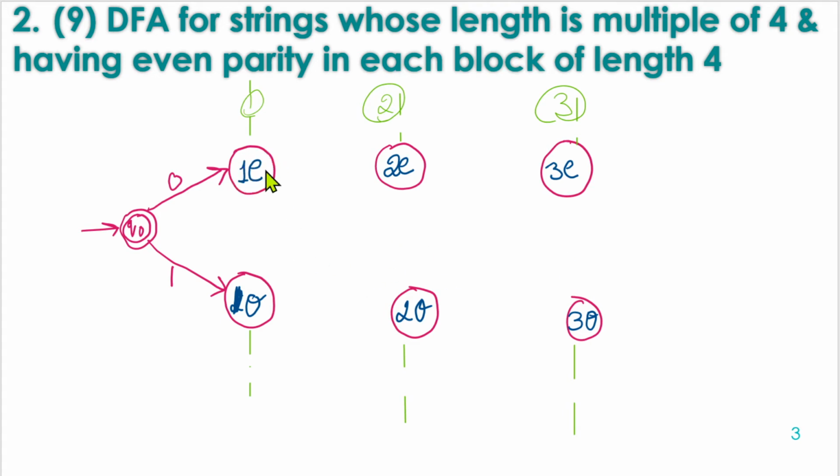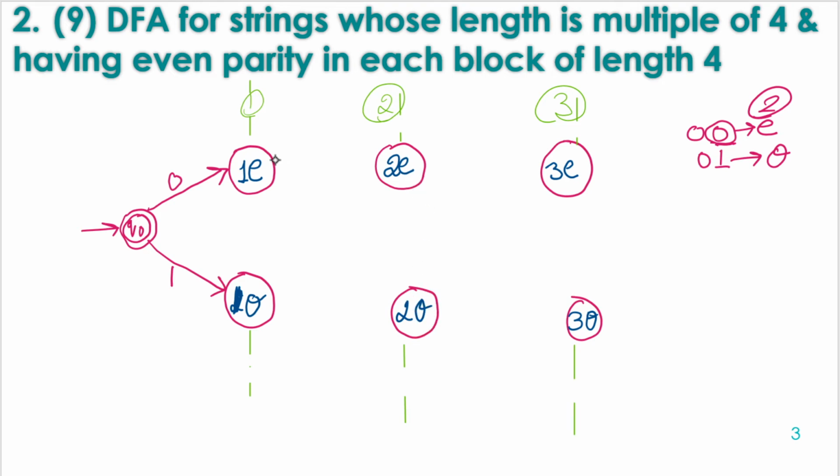So being on this state means we have received a 0, and if we are getting the next symbol as 0 or the next symbol as 1, both options are possible. If we are getting a 0, the parity is even, and if we are getting a 1, the parity changes to odd, and the length is 2 in both cases. So we need to move to the second length for either 0 or 1. Now which state, even or odd, will depend on the input.